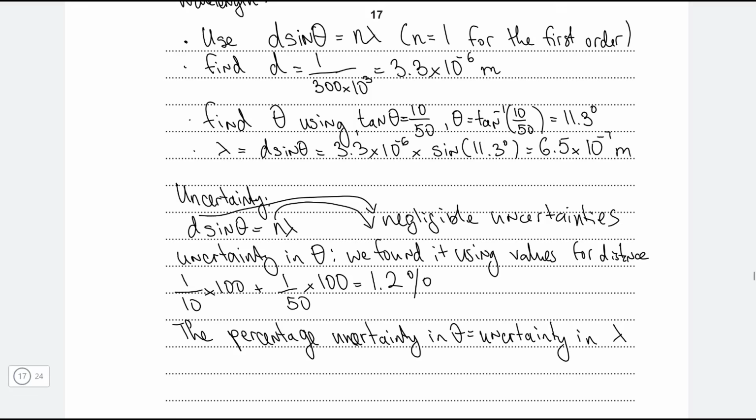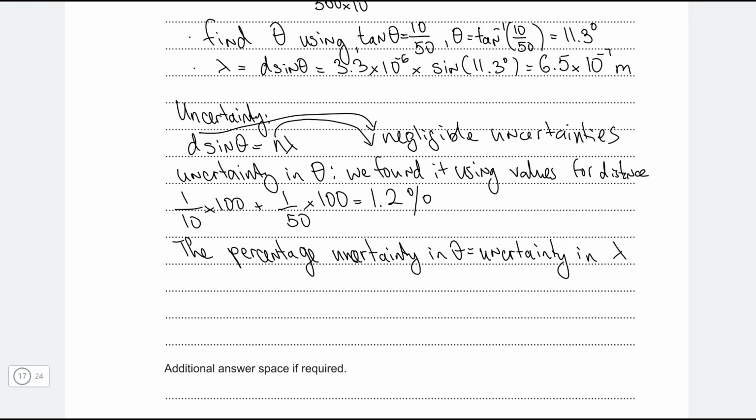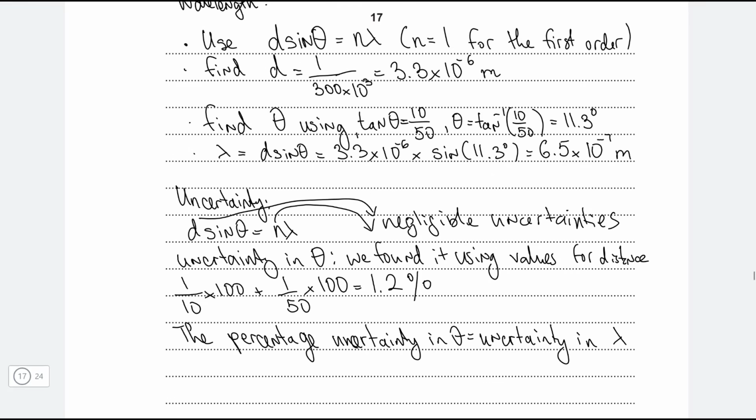Now, for the uncertainty in lambda, we do find that by performing a calculation, because we found our angle using the formula that will be equal to the inverse tangent of these two distances. We need to figure out our percentage uncertainty in one, and then we're going to add the percentage uncertainty of the other. Why am I adding percentage uncertainties? Because I'm dividing the quantities, and if I'm dividing the quantities, I need to add the percentage uncertainties. Now, the percentage uncertainty in each case is going to be